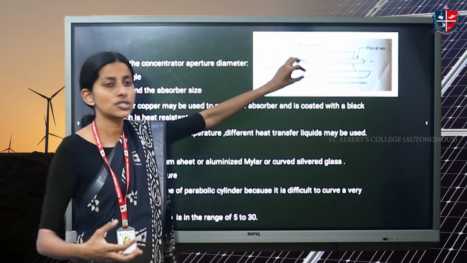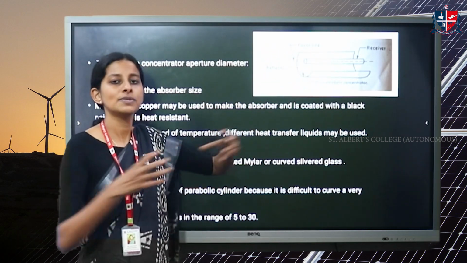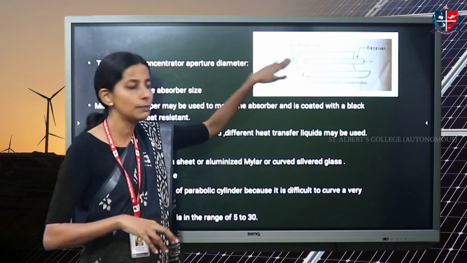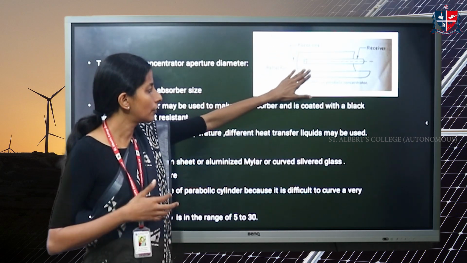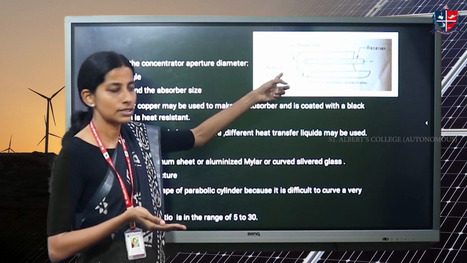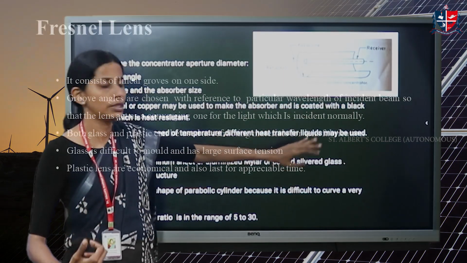Because very high temperature can be attained using a solar concentrator. So this absorber tube is placed at the focal line. That is the important point. So that axis only is being tracked. Radiation falls on the cylinder, using this, it is a cylindrical parabola. That is the reflector here. This will reflect the radiation onto the focal length, and from there we take out the heat.